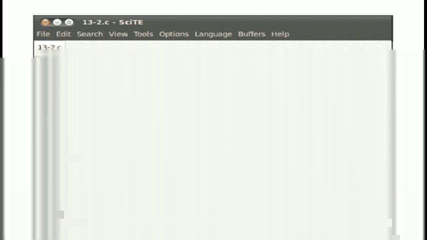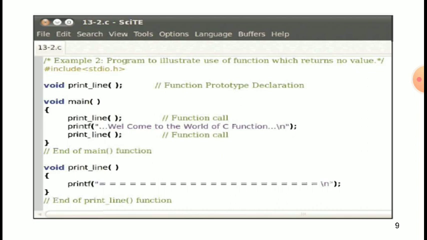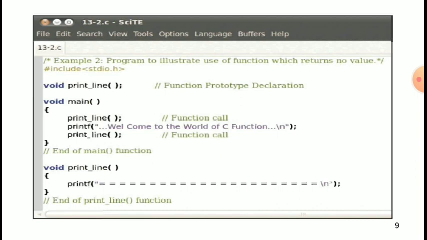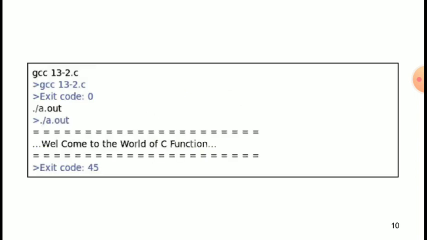Then void printline, starting curly brackets, printf with double inverted commas, so that is a printf line, end of the curly brackets, end of printline function. So that is a function which returns no value, and that is the output.